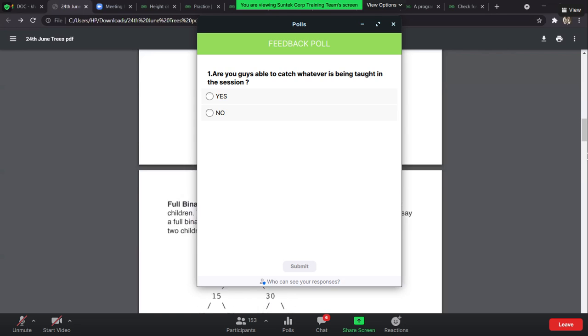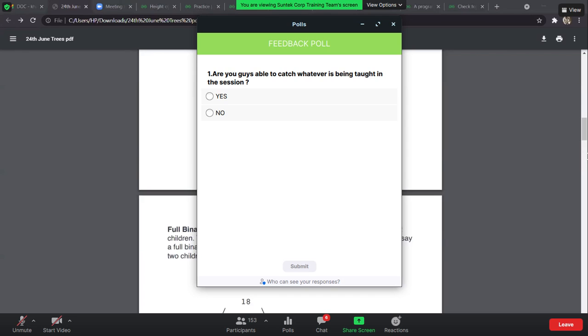Anyone has an idea about what is the full binary tree? Okay, 2 to the power n plus 1 element.